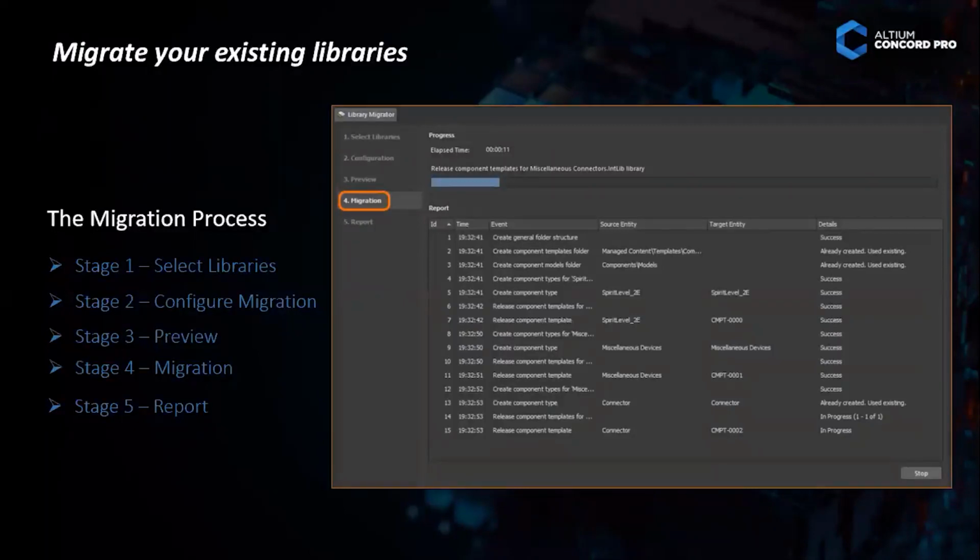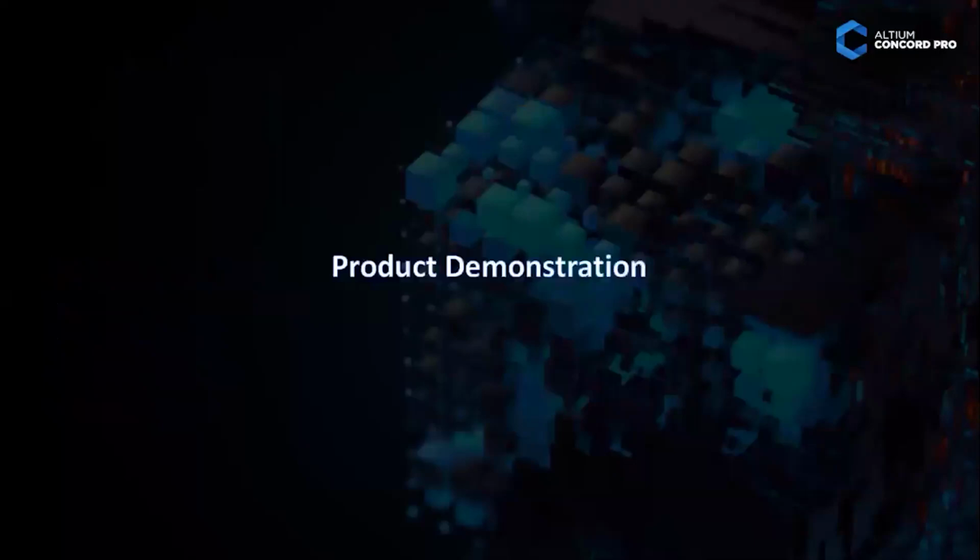Because in the Concord Pro library we are maintaining separate folders, right? Folder-wise, like a resistor template, resistor folder, like that. So now in AD20 it will just analyze the component type, assign the template, and move that particular component to the separate folders. I will show you the demo.